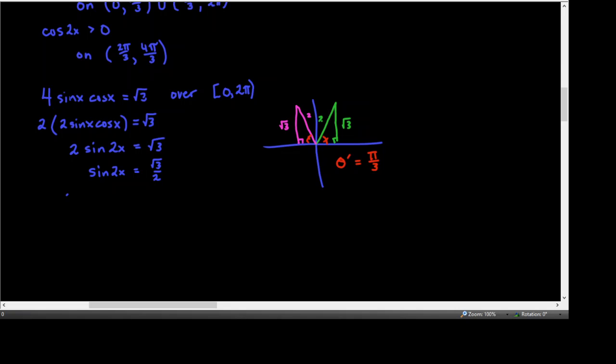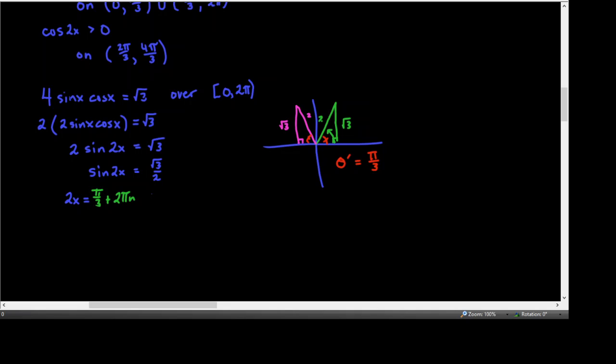So when our angle 2x is equal to, let's see, in the first quadrant, the reference angle pi over 3 is the angle. So it's pi over 3 plus all coterminal angles, plus 2 pi n,